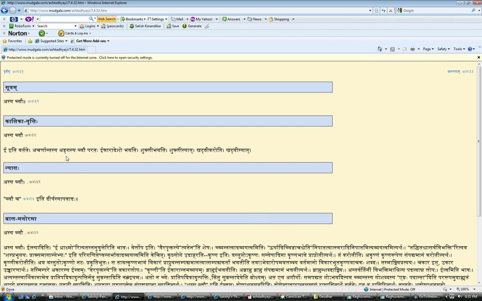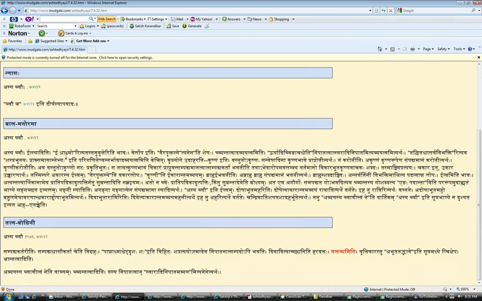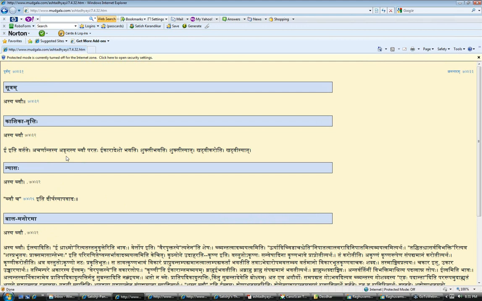I don't know why this sutram actually is in the Laghu Siddhanta Kaumudi. I don't know why this page doesn't have it. It should have had it. Anyway, again, a lot of typos here. Avarnantasya angasya chauparataha ikara adesho bhavati: shukli bhavati, shukli syat, khatvi kodi khatvi syat. So that has become khili.